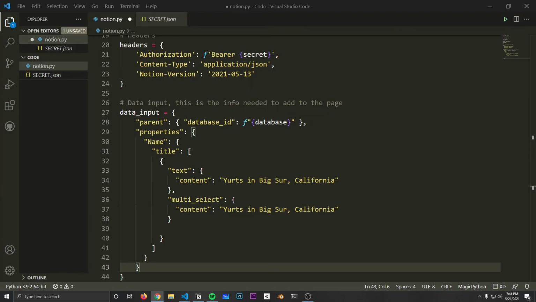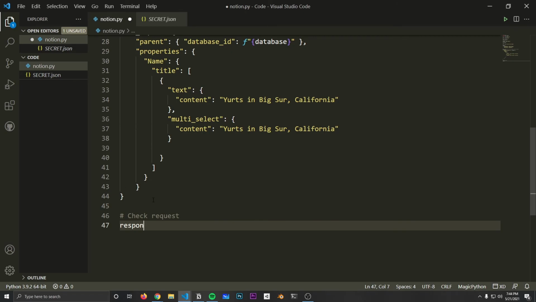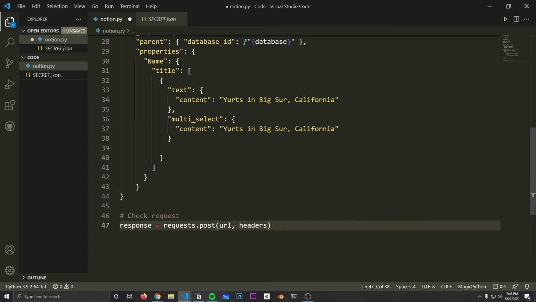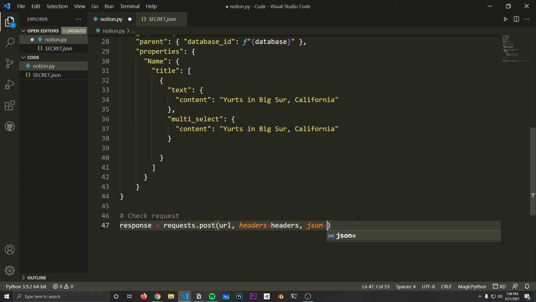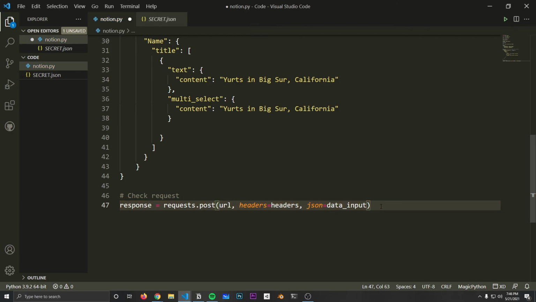So now that we have that, all right, and this is the best part, the easiest part, a little less than 50 lines of code, pretty easy. Check request, and then you want a response. I want to make a response variable, and you're going to use the request. So we're going to post to the URL, and then we're going to use the headers. Remember the headers, but you have to set this headers equal to the headers that you created here. And then you want to read in the JSON that you created here, which is data input, and you're going to set that in. You could print the response and then print